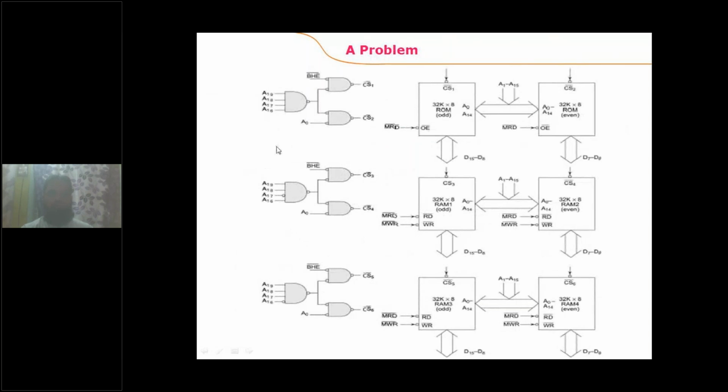So for this RAM pair, A16 is 1 directly connected, A18, A19 are also ones, they are directly connected, and A17 is 0, it is to be converted into 1 using a bubble. Bubble is nothing but a NOT gate. So all the inputs of the NAND gate are ones because of the NOT gate, and the output of this NAND gate is 0.